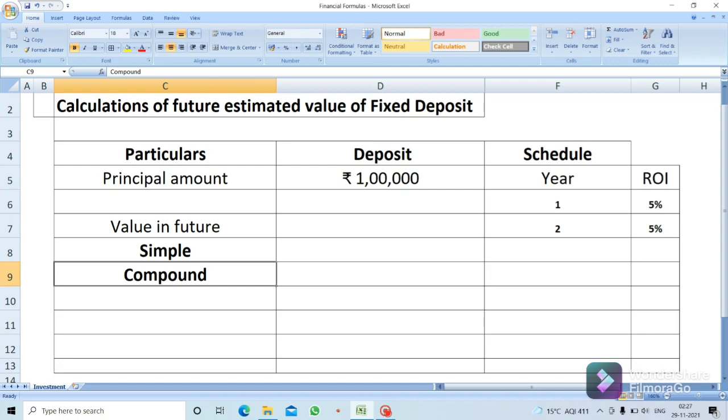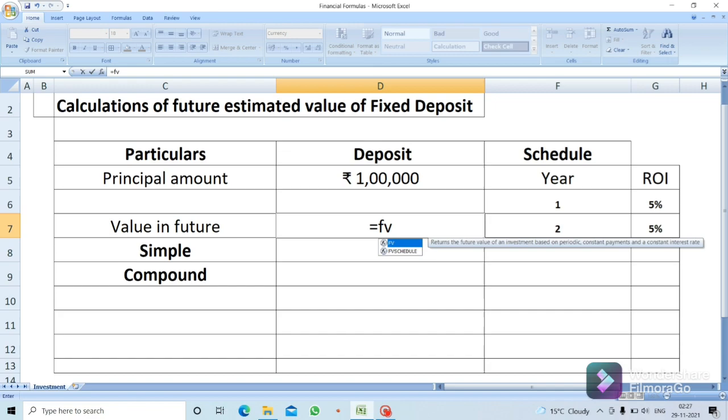So now we have deposited 1 lakh rupees for 2 years with a bank, and the rate of interest that the bank is offering us is 5% per annum. Now we will come to know how much wealth we will be able to generate after 2 years, and this function will use the compounding rate of interest. For that I will be using the function named FV schedule. Then I will enter the principal amount, that is the deposit amount, and that is a one-time deposit.